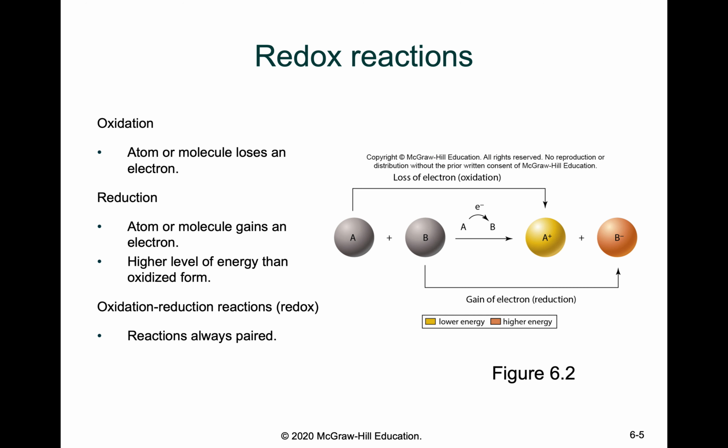Now, tying back to your Gen Chem days, redox reactions, which hopefully sound familiar, are exactly that, converting neutral states into lower and higher energy states, right? So oxidation, if you recall, is an atom or a molecule that loses an electron. Reduction is the exact opposite. It's the gaining of electrons. And so these redox reactions are paired, but you generate something that is either lower or higher energy as a result of this reaction.